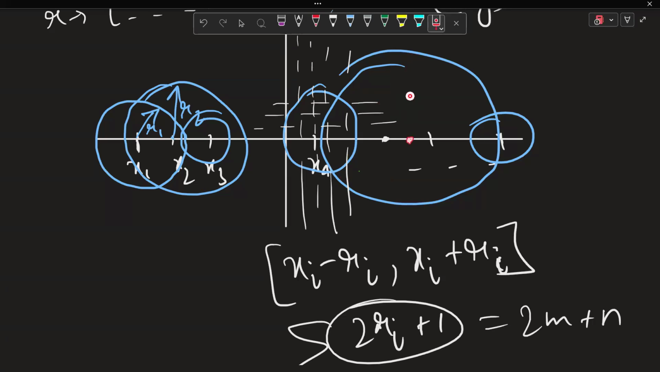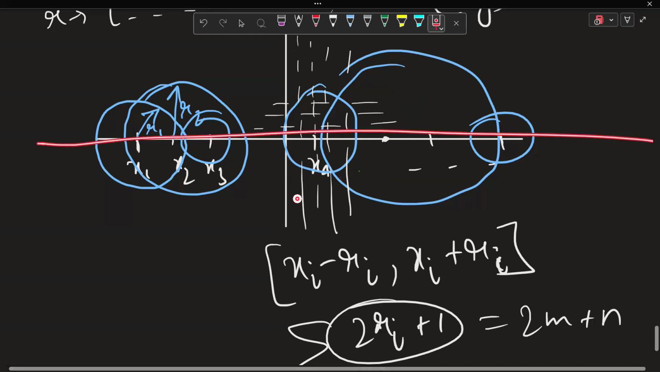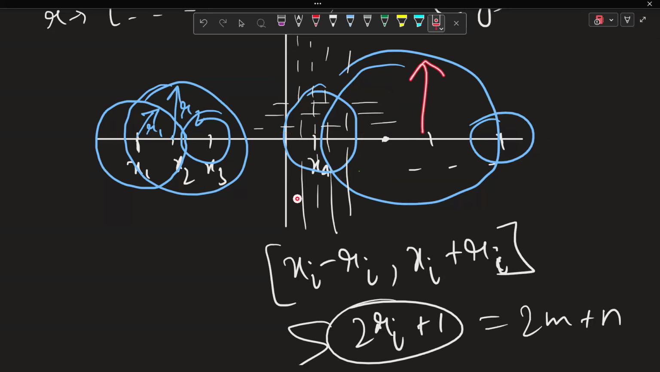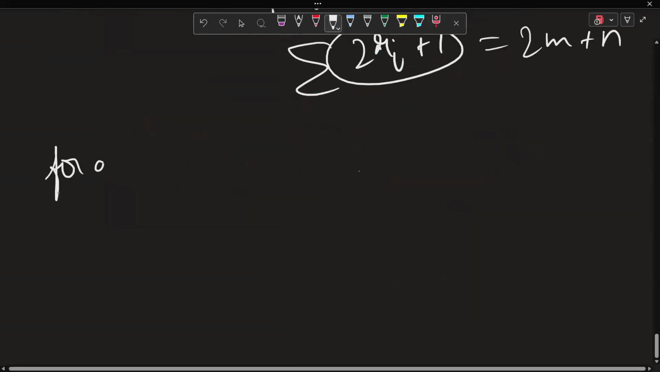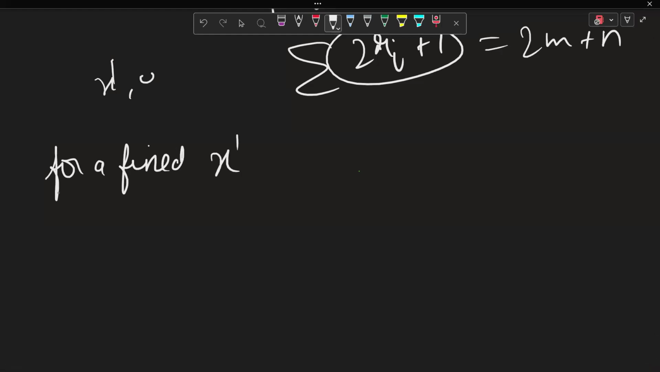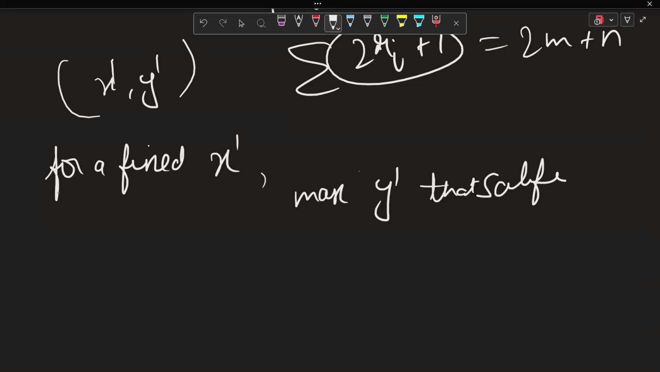Then all the y from 0 up till that, and from 0 up till minus of that, this would always be symmetric. One more thing you can notice, this would always be symmetric about the y-axis. So if you just find in positive y what is the maximum you can have, in negative y also you would have the same. So for a fixed x, let's say I'm calling this point x dash comma y dash. For a fixed x dash, if you can find the maximum y dash that satisfies,